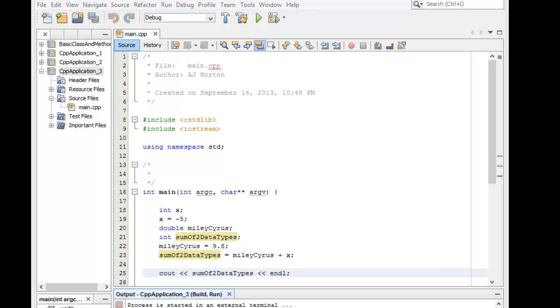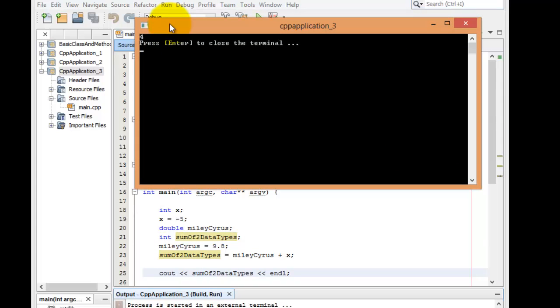So, first of all, before I show you guys this code, what do you think you'll get? I have -5 and I have 9.8. So what's -5 plus 9.8? I think it's 4.8. I would agree. But in the console, I get 4. Now, holy gee whiz, Batman! Why did I get 4? Do you know? Very good question.